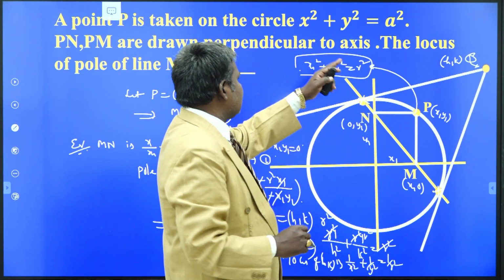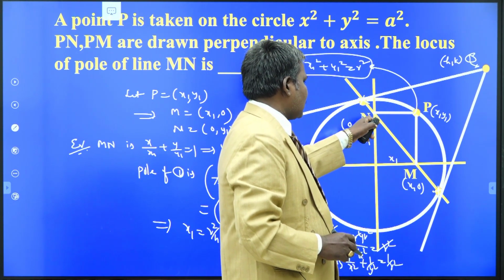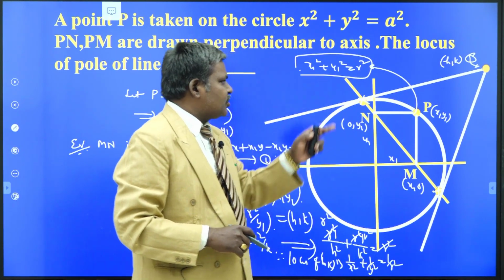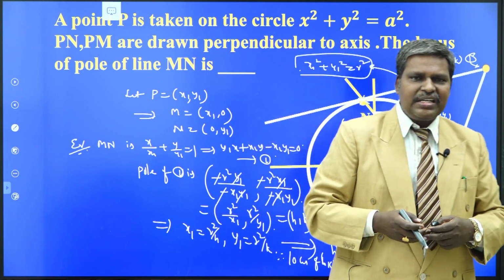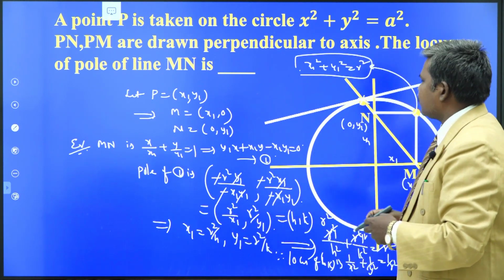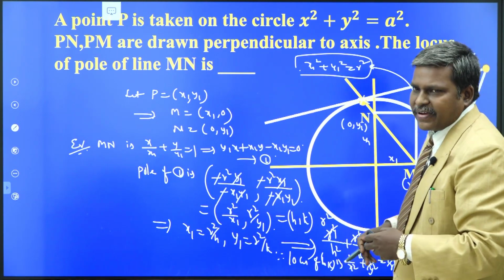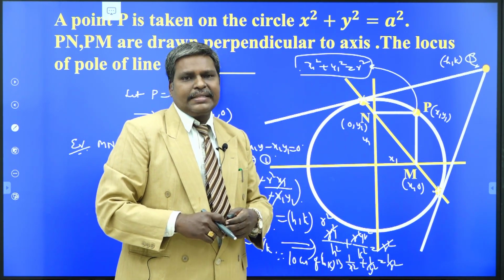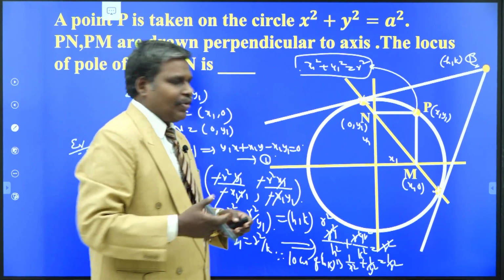Suppose the point P is a cos theta comma b sin theta, same procedure. This is a cos theta comma 0. This is 0 comma a sin theta. Just find the line equation, find the pole itself and take it as h comma k. By using the condition cos square theta plus sin square theta is 1 itself, we obtain the locus. No need to find x1, y1 and substitute again in x1 square plus y1 square equal to a square. These 2 steps may be saved by taking the point, instead of x1, y1, as r cos theta comma r sin theta, that is a cos theta comma a sin theta. Understand? It is a simple question, but you have to choose the correct way.